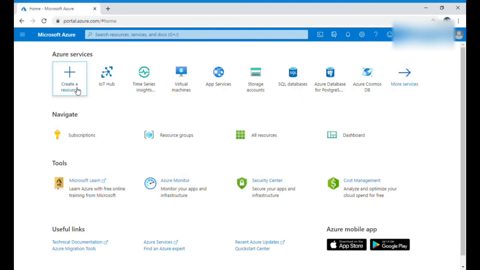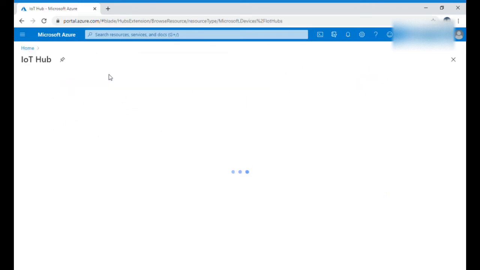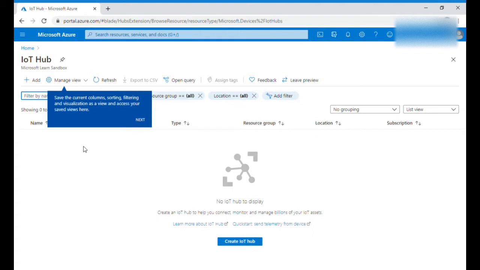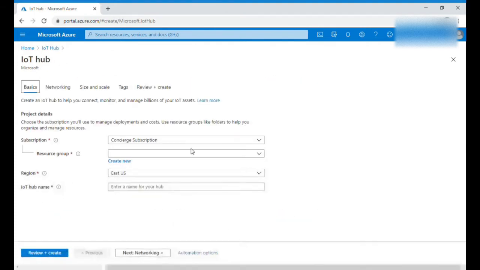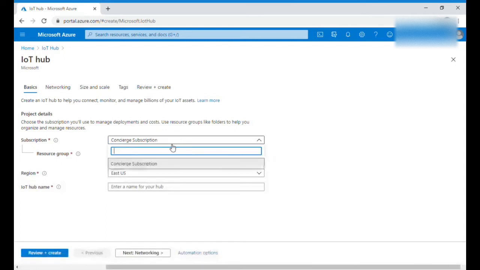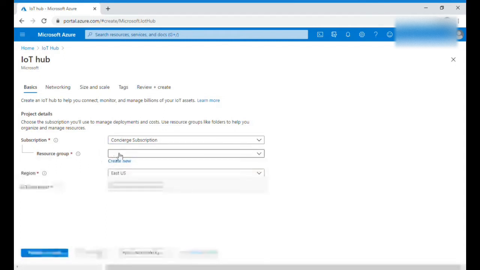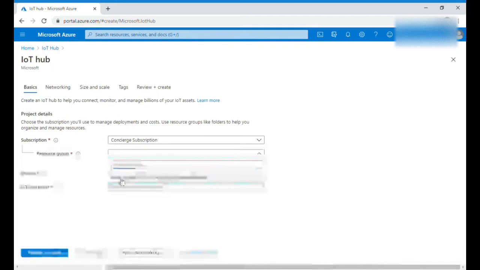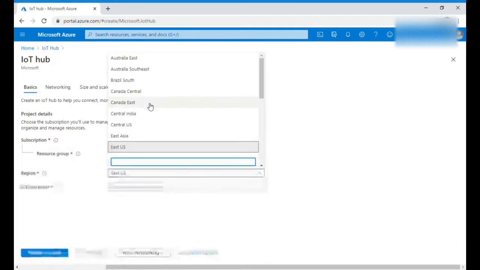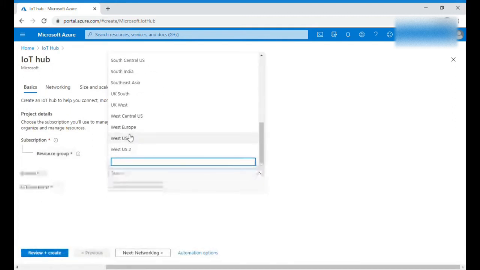So you log into your Azure portal, you will see something called IoT Hub. In the create resource, you just click that, and then you have to create a registry, so that we can register our devices in this hub. So we just click on create IoT hub, and then we just need to provide our subscription and the resource group. So I'm going to use my learning modules subscription, and then I'm going to select my region like US West,